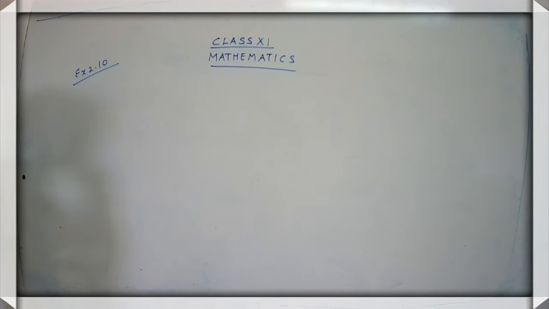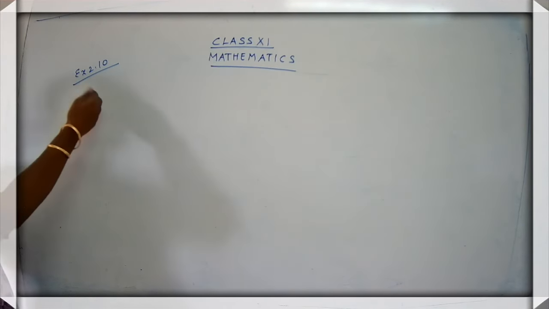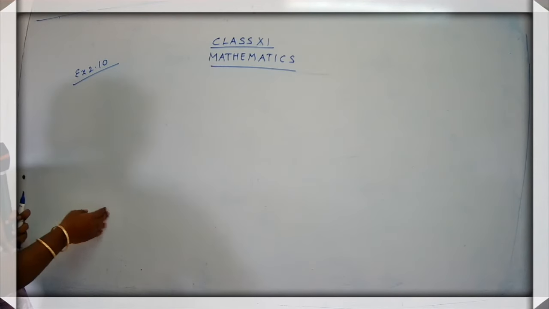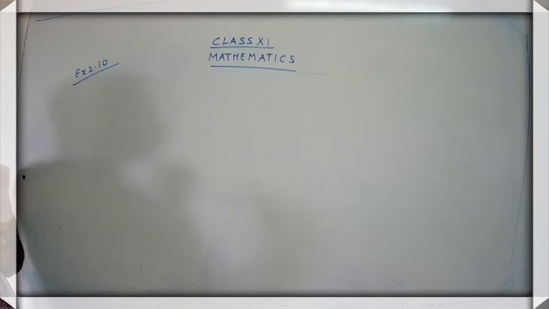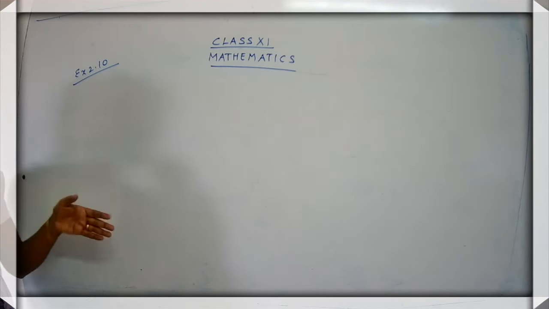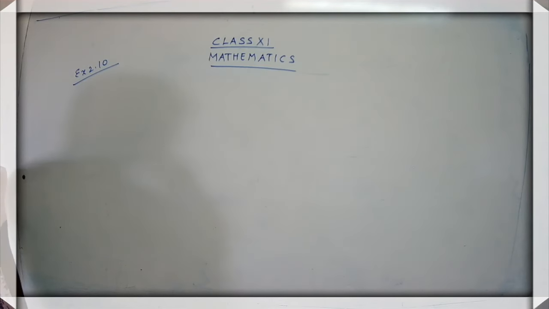So you know how to use your graph paper. On the graph page you will only be plotting the graph, and on the back of the graph page you have to write down all the details. If any tables are there and if any answer part is there, we have to write it on the back of the graph page. Okay children, shall we start?